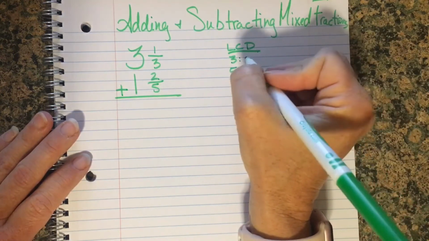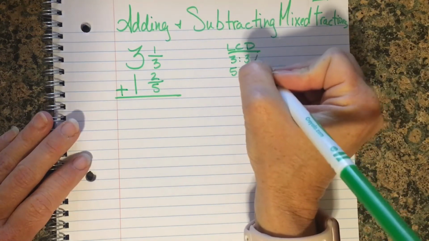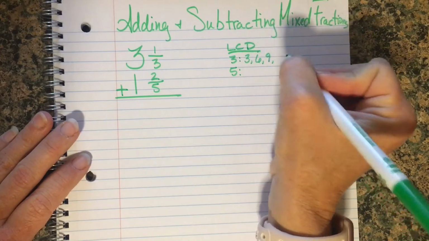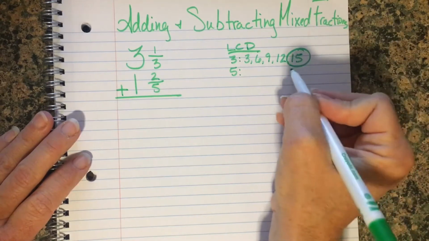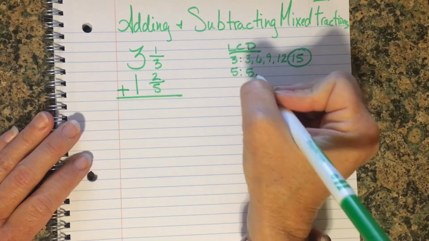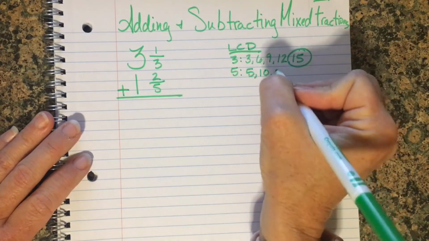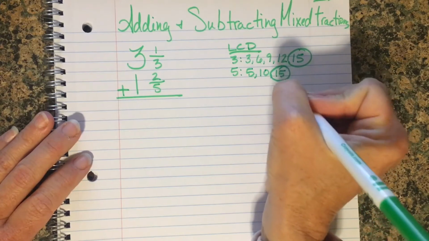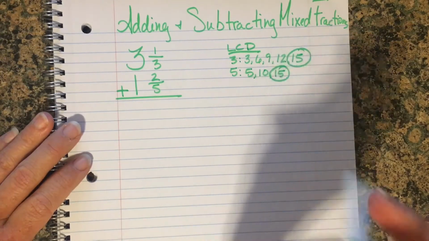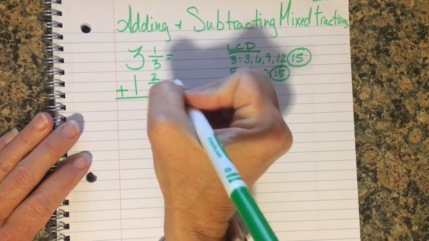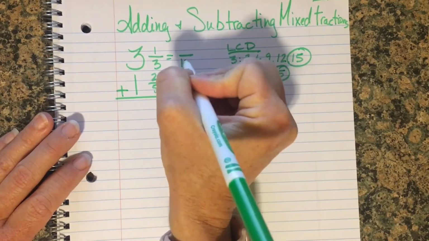Looking at the multiples of 3: 6, 9, 12, 15. I'm going to go ahead and stop because I know here on this row, the only thing in common I'm going to have is that 15. So the least common denominator is going to be 15. I'm going to convert both of these into 15ths,